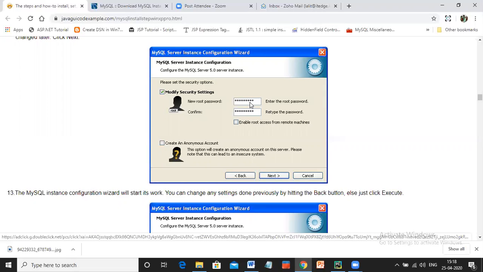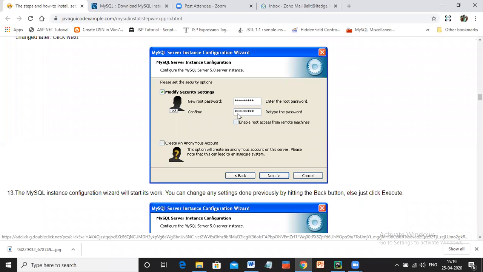Like Nikit, you have a password for your Windows, right? Yes, sir. Similarly, when you want to connect to MySQL server, it will always ask you for a password. That password you should remember and make sure you write the same password here. Whenever you start MySQL, it will always ask you for this password. So you have to always remember this password. You need to mention that password here. When we are installing, these two fields would be blank. Getting it? Yes, sir.